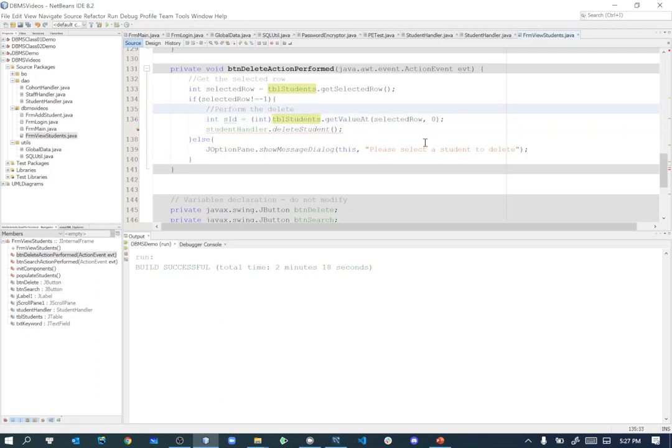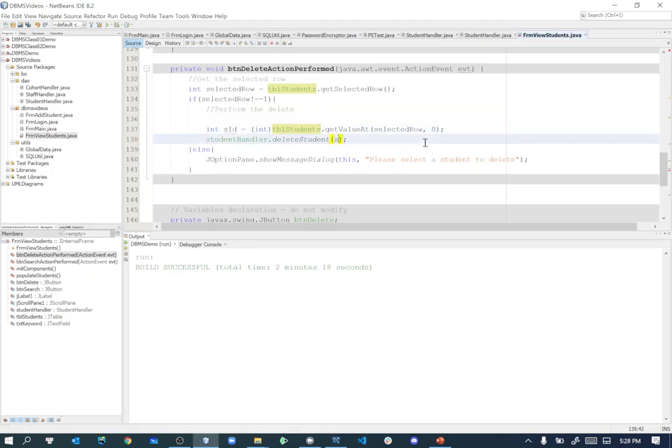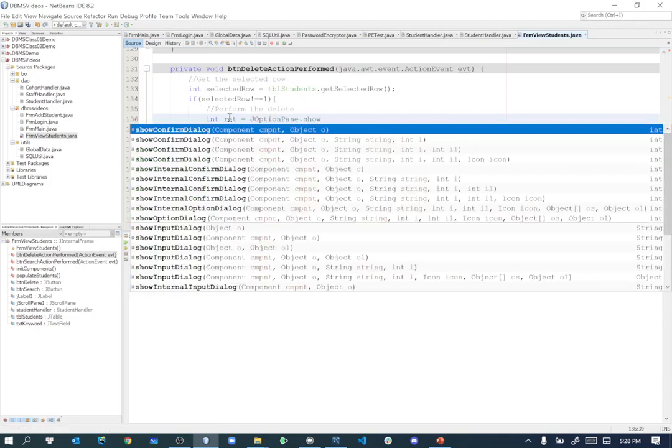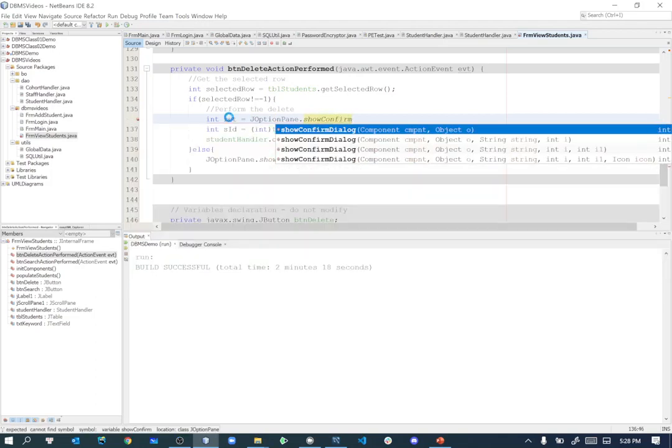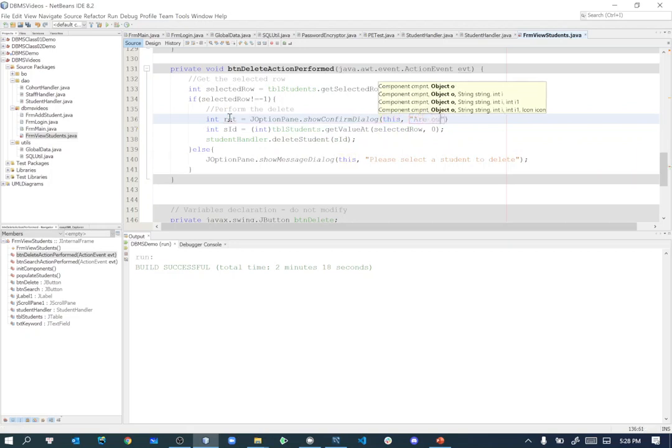This one is student ID. Before that, we really need to confirm with the user if they really want to delete. So we want to confirm by asking them, int red equal to JOptionPane dot show confirmation dialog, and we'll ask, are you sure